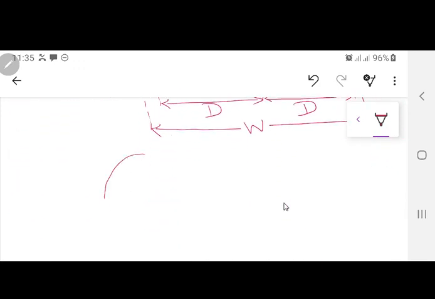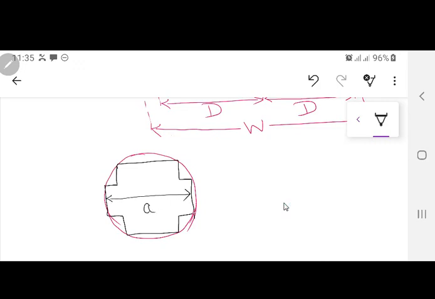If I have a circumscribed circle over here, and inside this circumscribed circle I have a 2-step or a 3-step core, this length is called A, but the outside dimension of this one is called the diameter of the circumscribed circle D. There is certainly some difference there, and if you go towards a higher step core, this difference is going to be very, very small.